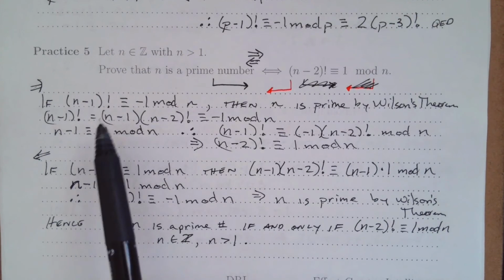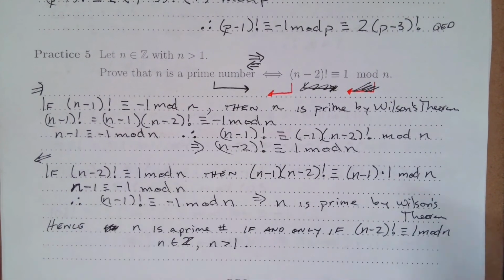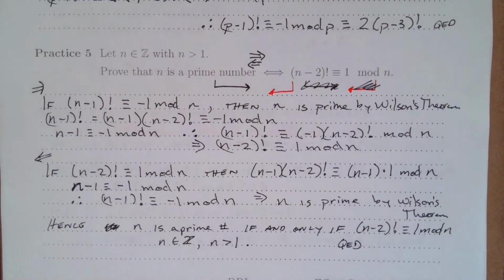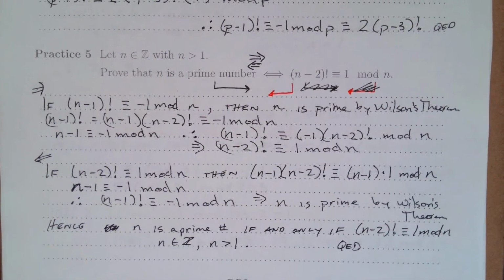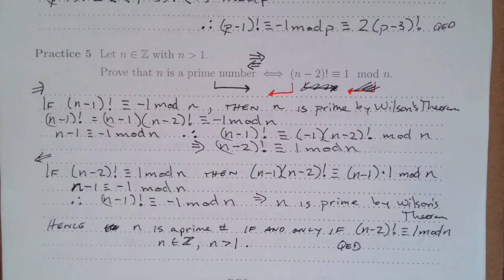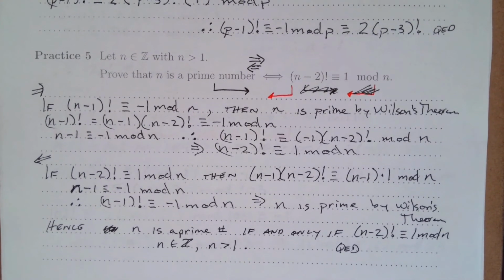We're saying, hey, if the left side is true, and then if the right side is true, going through and doing the work. And of course, this was a proof, so we end with our QED, quod erat demonstrandum, and we've proven that n is a prime number if and only if (n minus 2)! is equivalent to